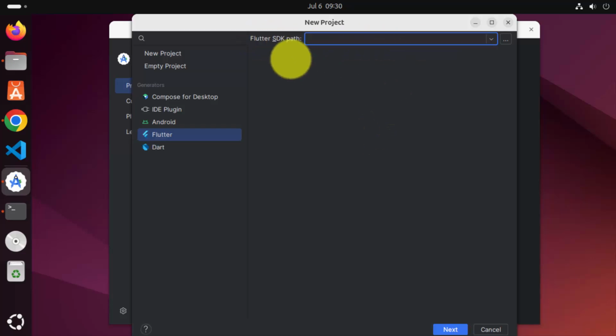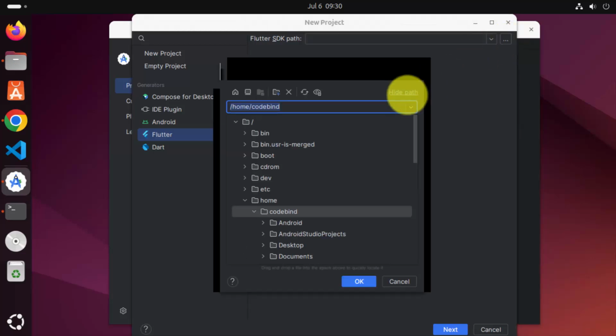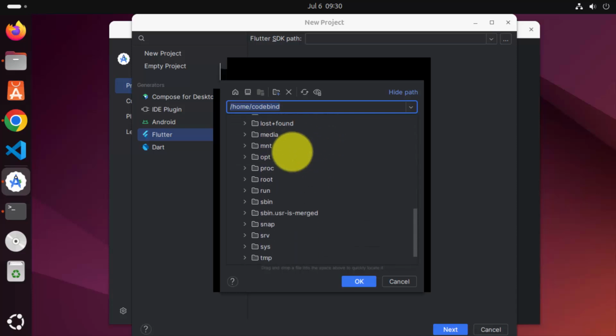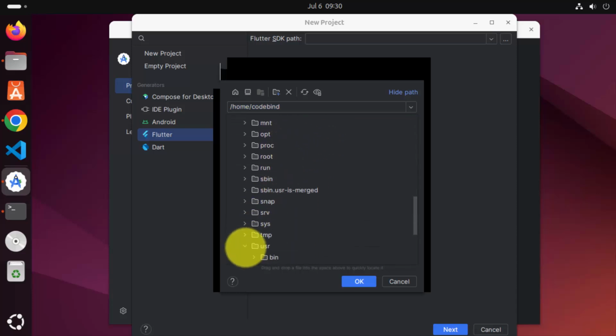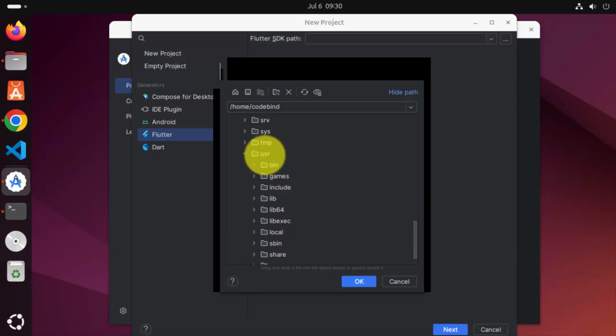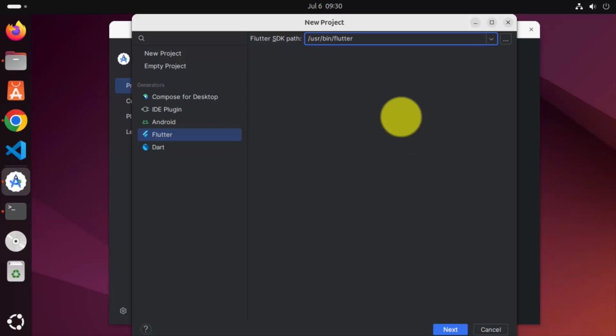So if you don't see this Flutter SDK path here, click on these three dots, and then you will see the folder structure. So we have extracted our Flutter directory in the /usr/bin, right? So just select usr, then bin here, and you will see the Flutter option here. So just select that and then click on OK, which is going to select the Flutter SDK path, and then